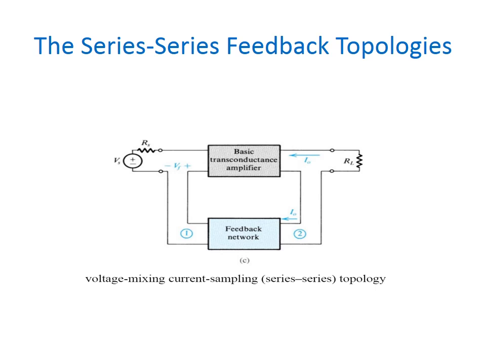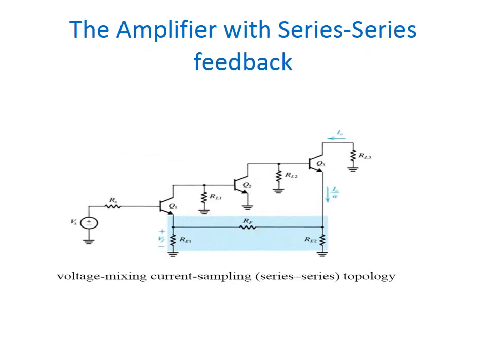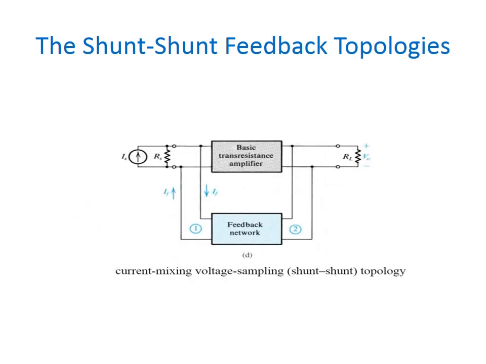Next type is the series feedback topology, otherwise we can call it current series feedback topology. So here a portion of the output voltage is applied to the input voltage in series through the feedback circuit, which means the feedback circuit is located in series with the output as well as the input. When the feedback circuit is connected in series with the output as well as the input, then both the output impedance as well as input impedance will be increased. So this is the basic amplifier using series feedback.